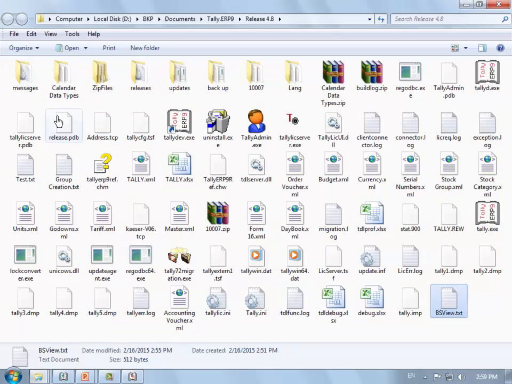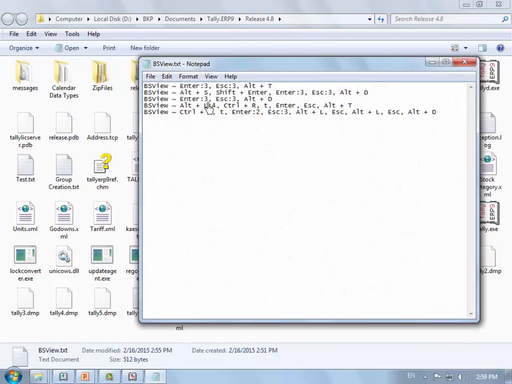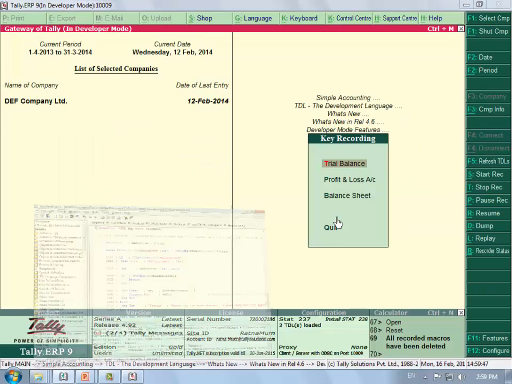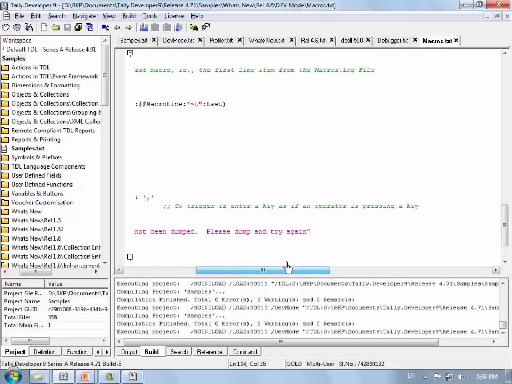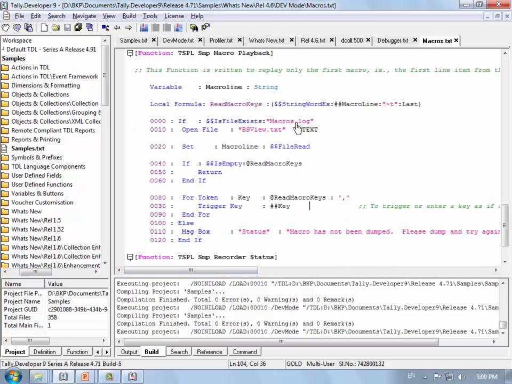That's all we have done. There is an action called trigger key. With the help of a comma separation, we'll start reading out your keys. So for trigger key, it reads what we have given, comma separated. One by one the key will get pushed and it will call the values. If the file exists, so we don't have the file existing, so we will have to change the file name.